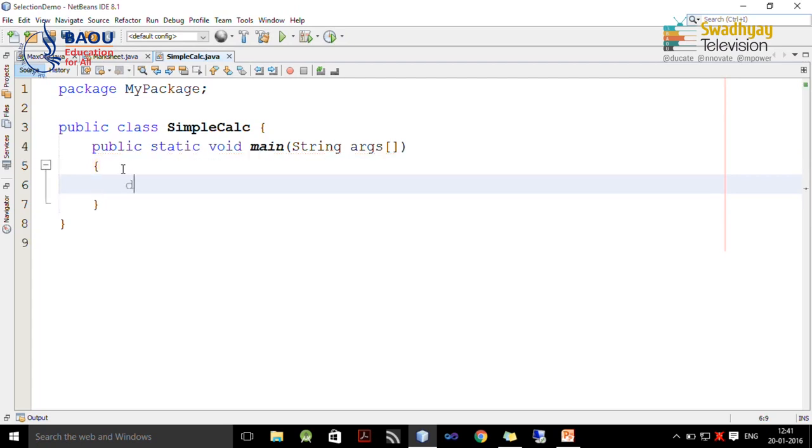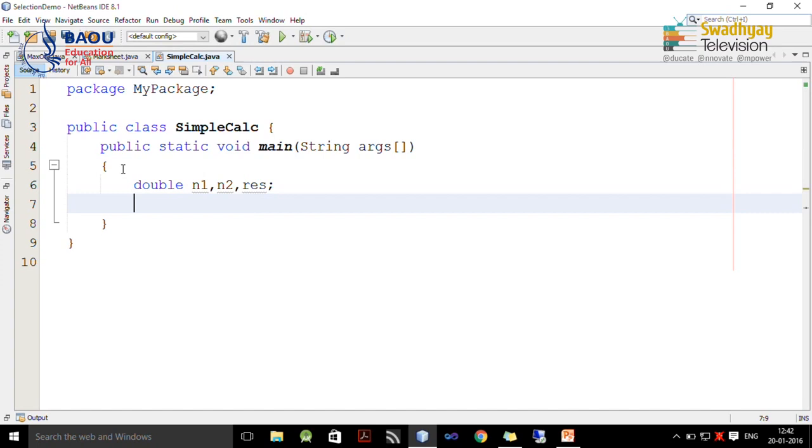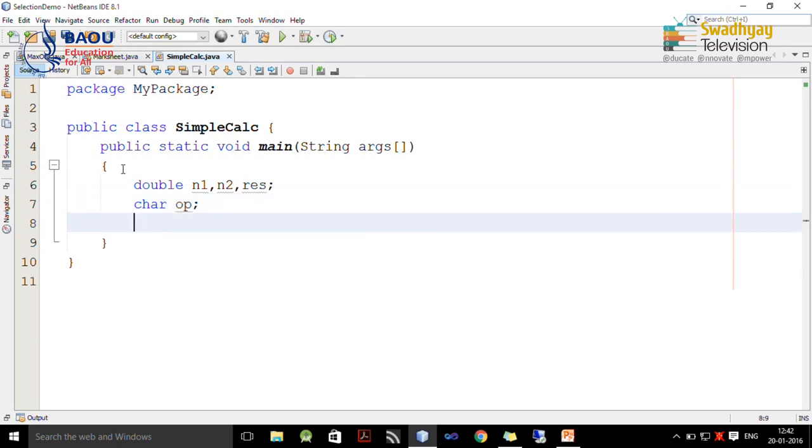Now we define 3 variables n1, n2 and result. n1 and n2 are input by the user, and in result we are going to store the arithmetic operation result, and we have one character variable operator which takes plus, minus, multiply or division symbol to perform the necessary operation.